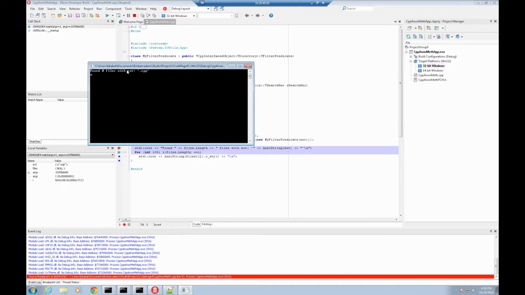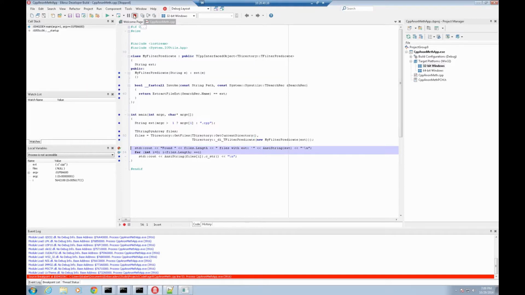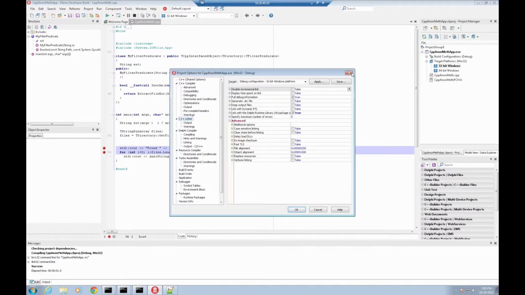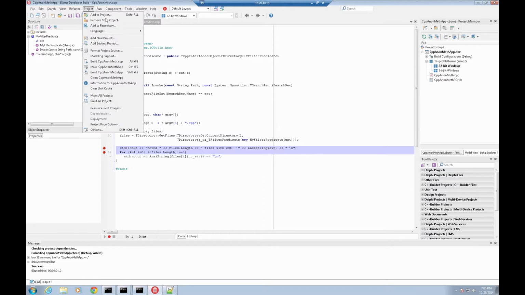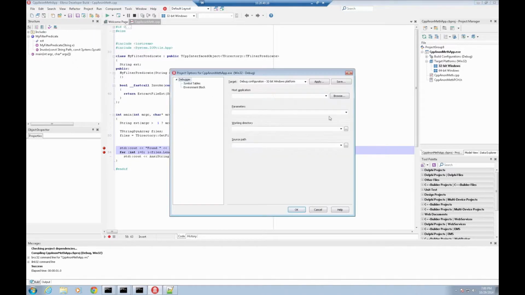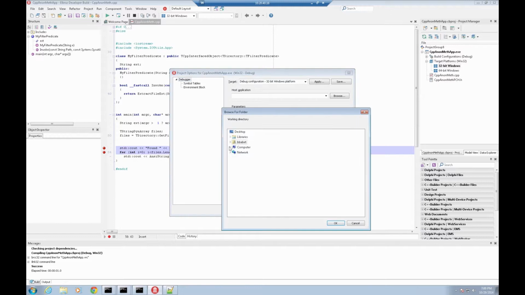So we found 0 files with CPP. I know why. It's because, one more time, I switched to the platform that I wasn't expecting to run. As you know, we create our EXEs not in the source directory, but two levels down, in the platform and then the config. So of course, since I'm using get current directory, which is where the EXE is running, it didn't find any CPP files because there are no CPP files in that particular location. So I am going to switch the working directory to